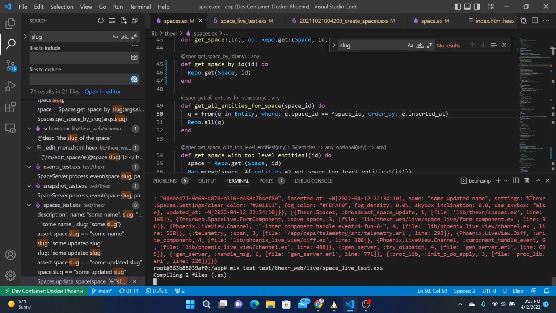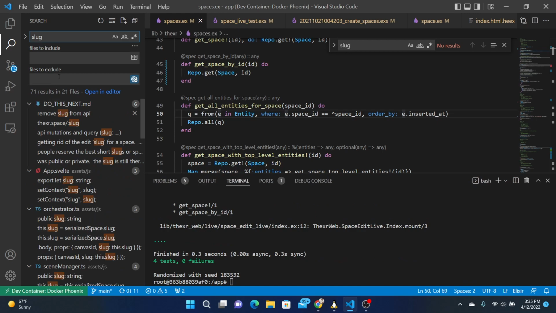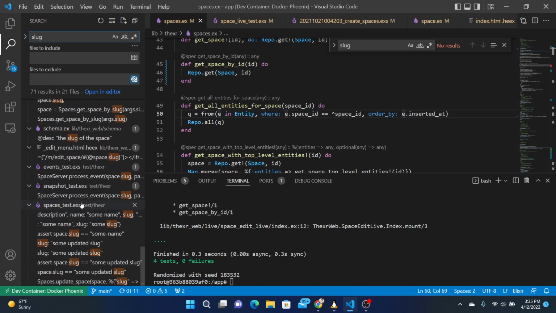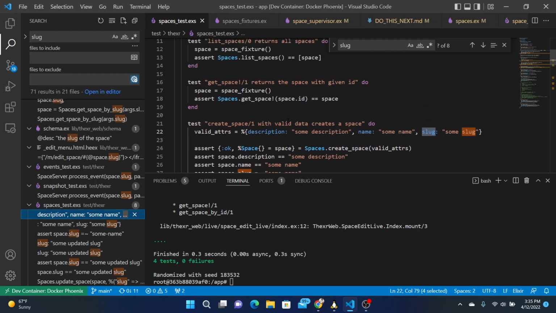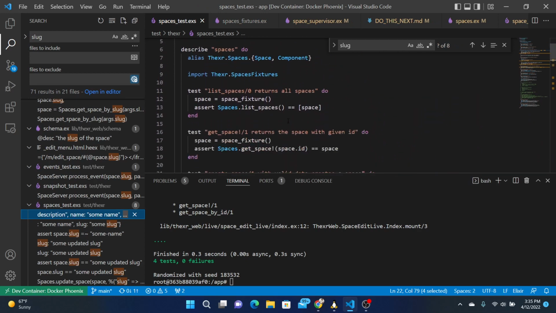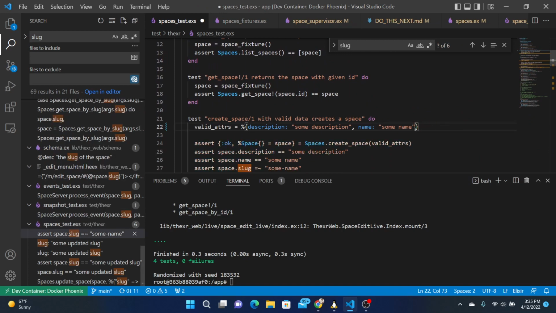Run this test again. Okay, for that one, gets rid of some slug. That test. Now how about this one? So here we also have to get rid of this from fixture.